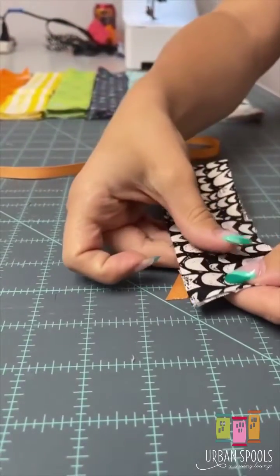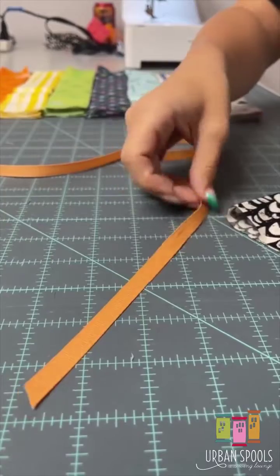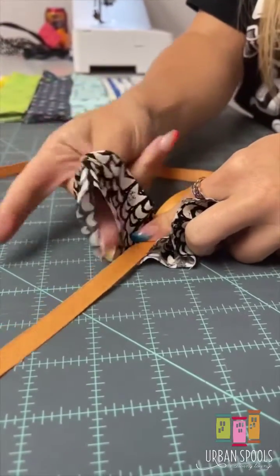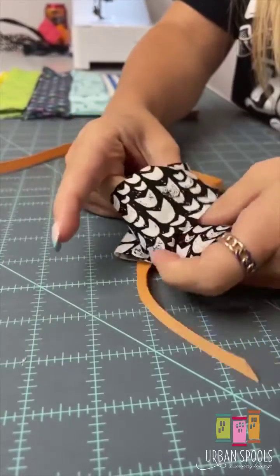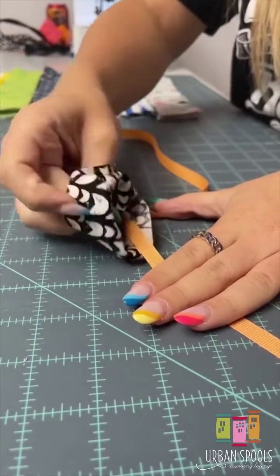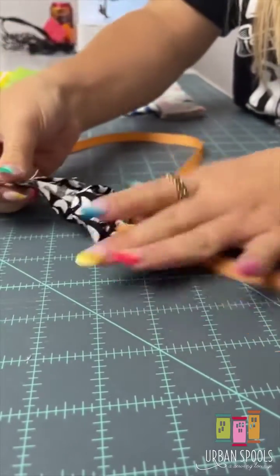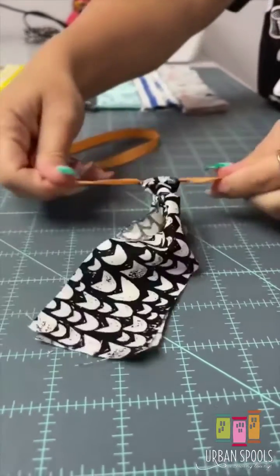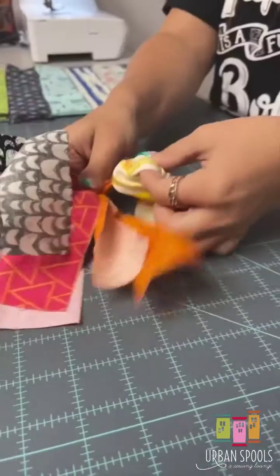So first you want to take your fabric and fold it in half, and lay your ribbon on top. You're going to create a loop at the top of your fold, and then pull through your ends to create a simple knot. Then you're going to repeat that step